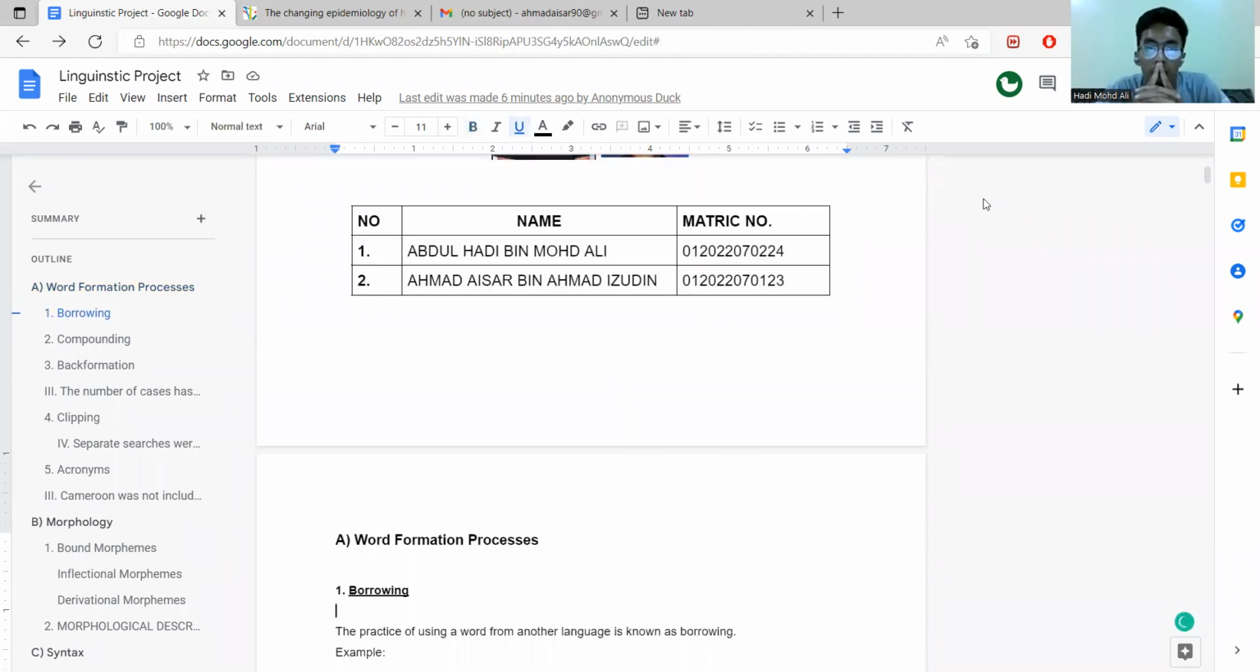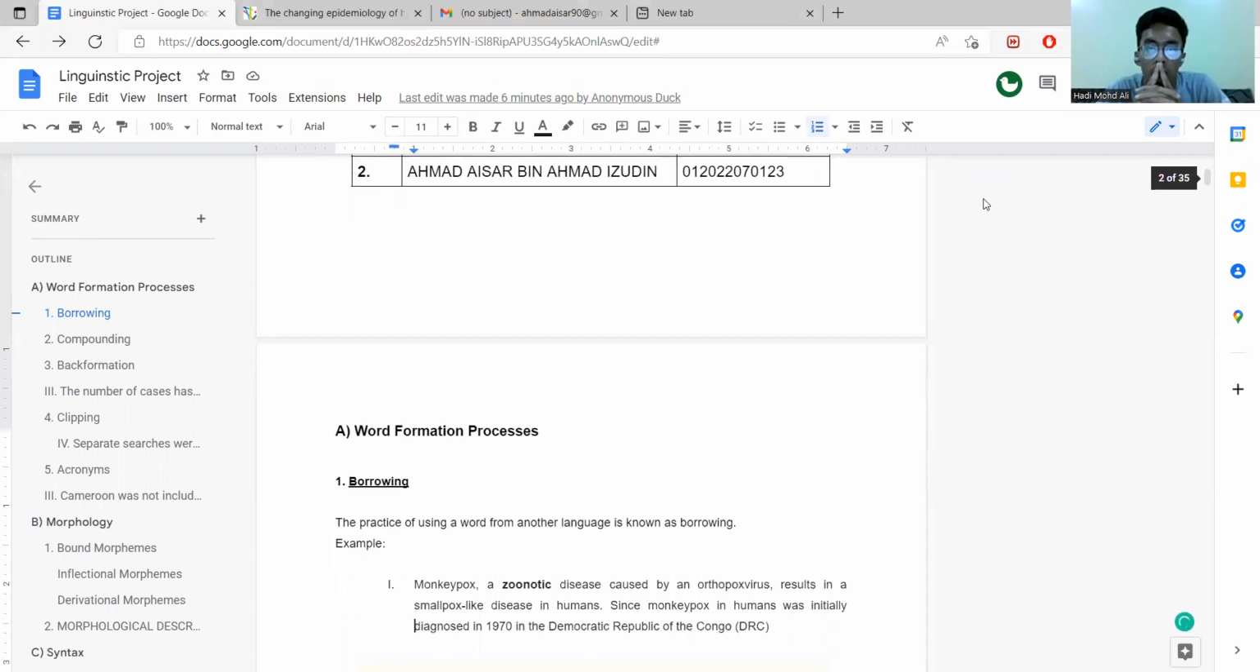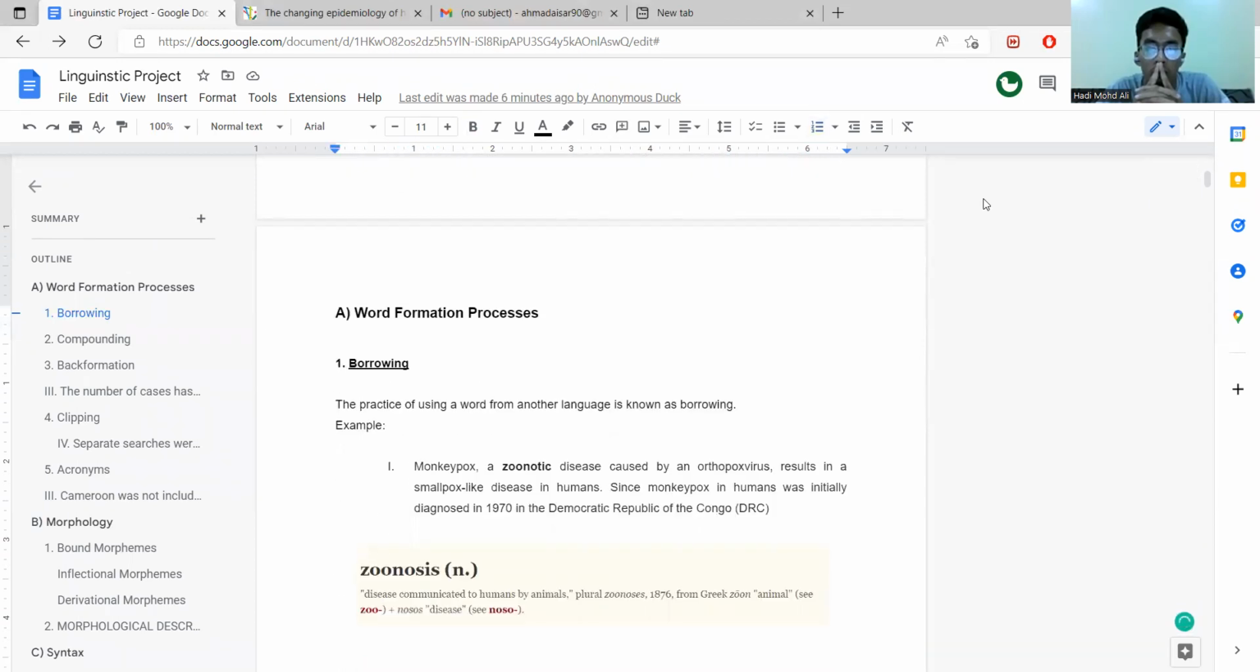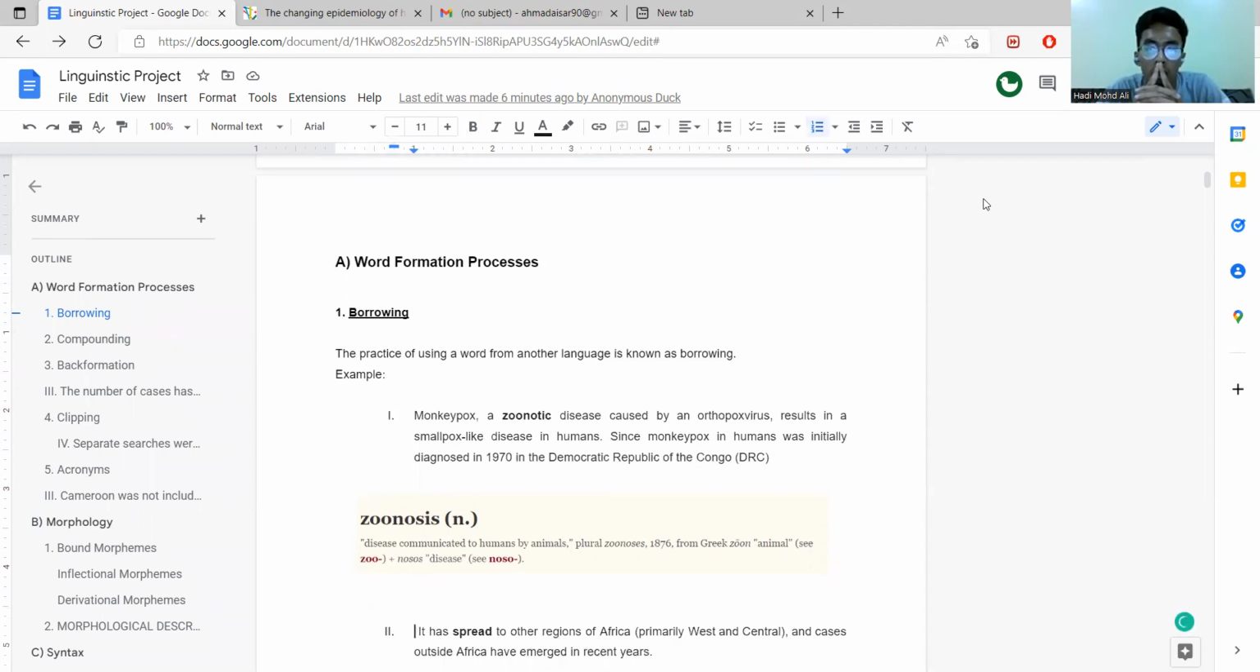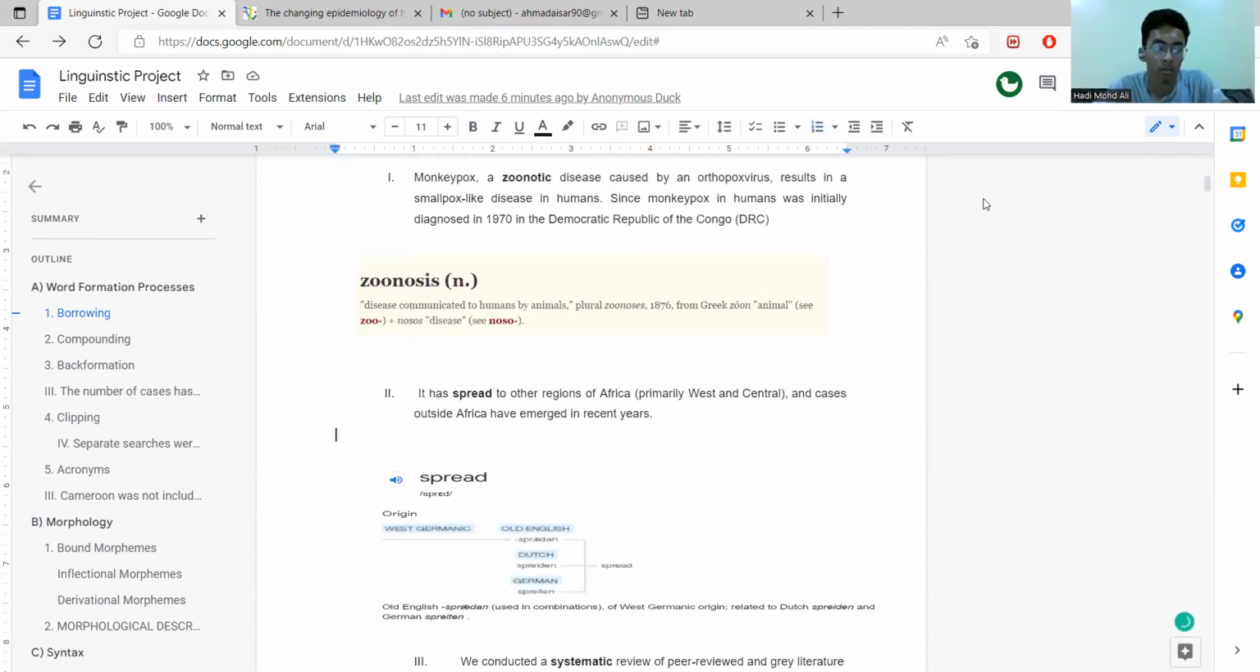So today I'm going to do the analysis about the word formation processes, first and foremost borrowing. Borrowing is the practice of using words from another language. For example, monkeypox, a zoonotic disease caused by orthopox virus, results in a smallpox-like disease in humans. Based on the word zoonotic, we can learn that it dates back to 1876 from Greek,